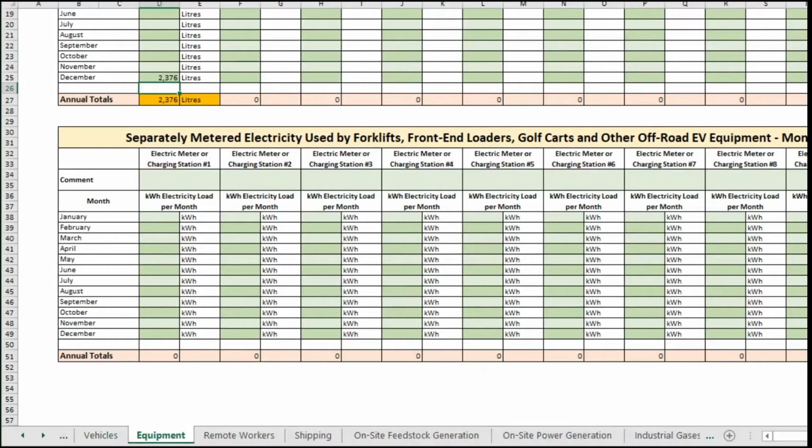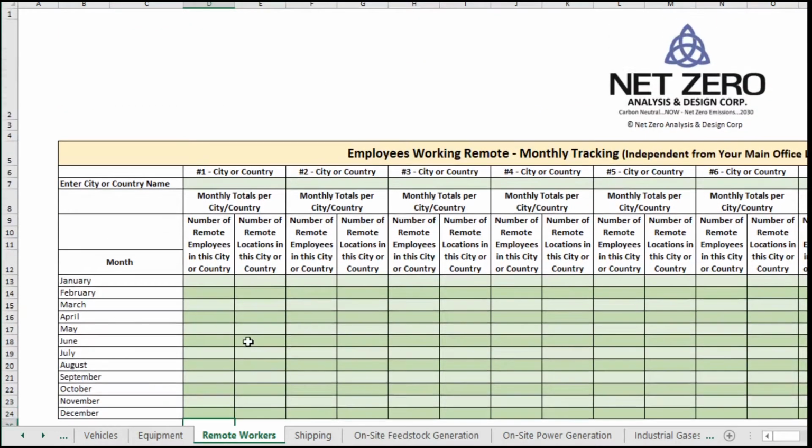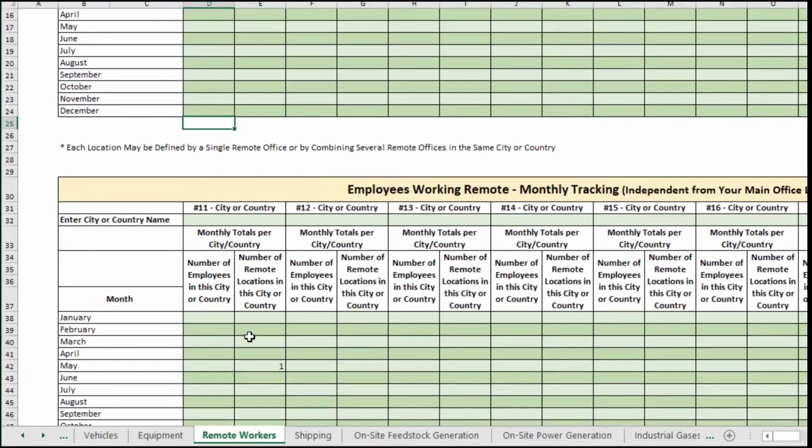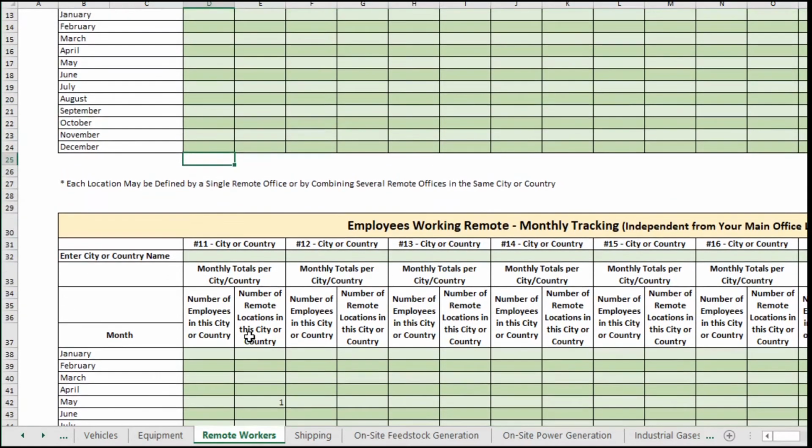There are some additional tabs on the data tracking form. But those are mostly used for our ISO audits. However, you can use them if you'd like. There's one for remote workers. In this case, we would be recording the city, the number of employees, and the number of locations in that city that work remotely, whether it's from home or a remote office. And then that data can be used to determine the carbon footprint based on average usage per employee per square